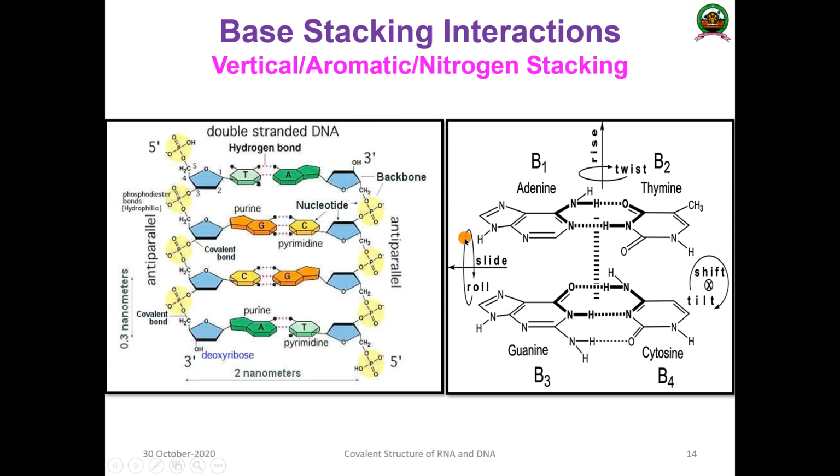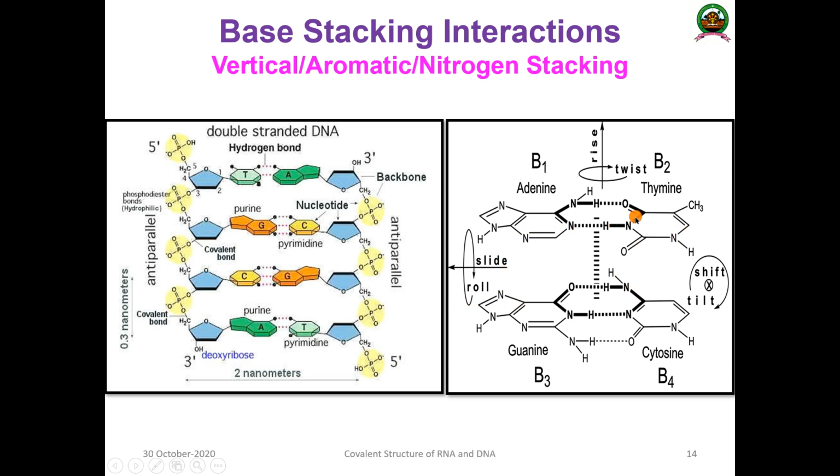Here you can see a closer one. I told you this is the adenine, this is thymine. It produces 2 hydrogen bonds. This is a normal thing. And here you can see guanine and cytosine. Adenine and thymine have hydrogen bonds, but for adenine and guanine, you can see this nitrogen and this nitrogen are exactly below each other, and they have a weak interaction. Due to this interaction, they try to repel each other. This nitrogen has a lone pair, this one also has a lone pair, this has a lone pair, this has a lone pair. What will happen?